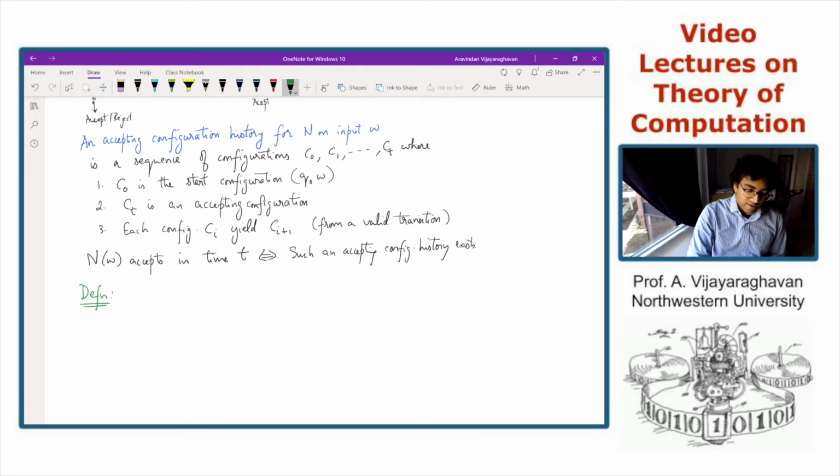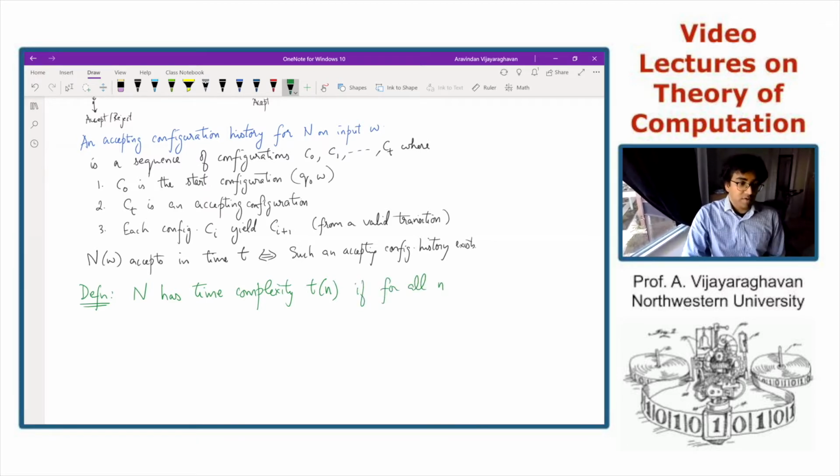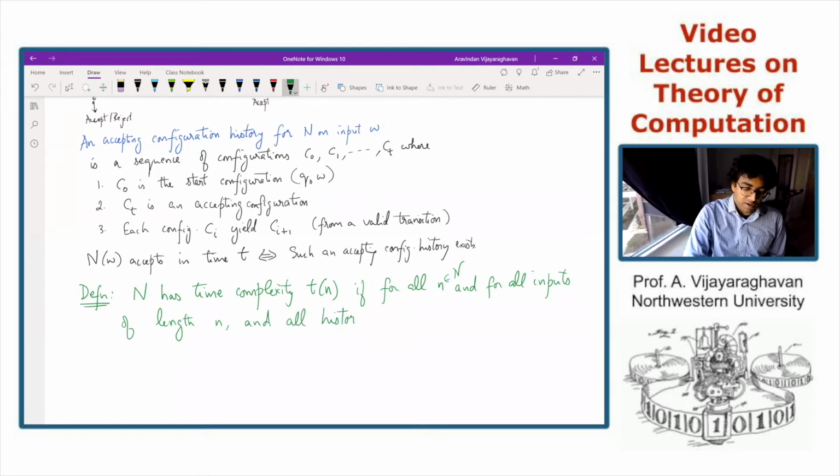In a very similar way, we'll say that N has time complexity t of n if, for all n, that is, for all inputs of length n, where n here is a natural number, and all histories, whether accepting or not,